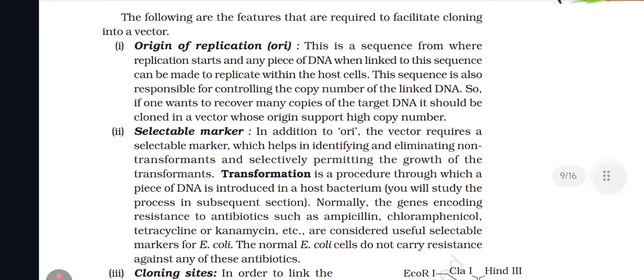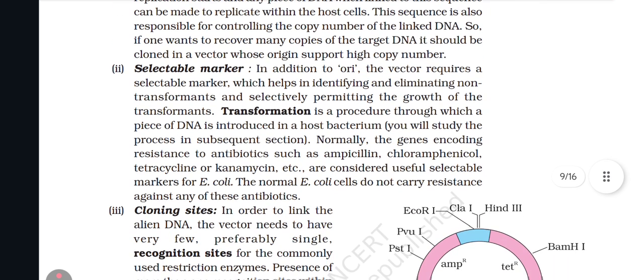Second is selectable marker. In addition to ORI, the vector requires a selectable marker which helps in identifying and eliminating non-transformants and selectively permitting the growth of the transformants. Transformation is a procedure through which a piece of DNA is introduced into a host bacterium. You will study the process in subsequent section. Normally, the genes encoding resistance to antibiotics such as ampicillin, chlor